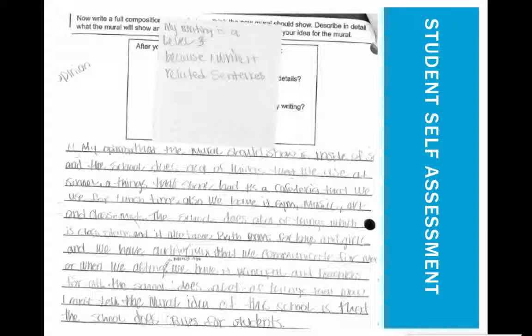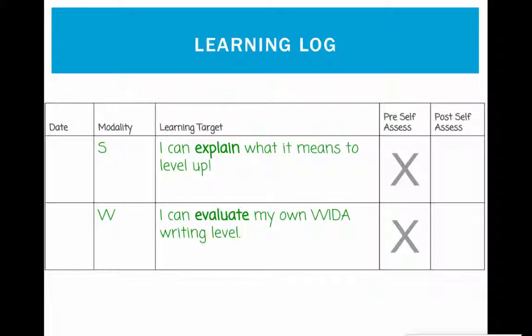This student wrote, "My writing is a level 3, write related sentences." And they're talking about what happens when you get to level 3, your sentences start to have some semblance of organization. To wrap up this section of the lessons, once students have completed their own self-assessments and handed them in,